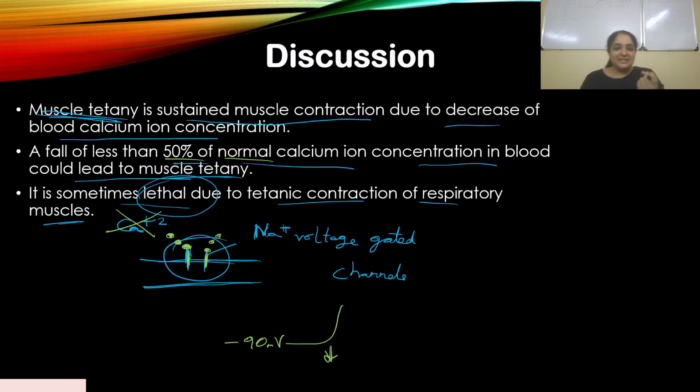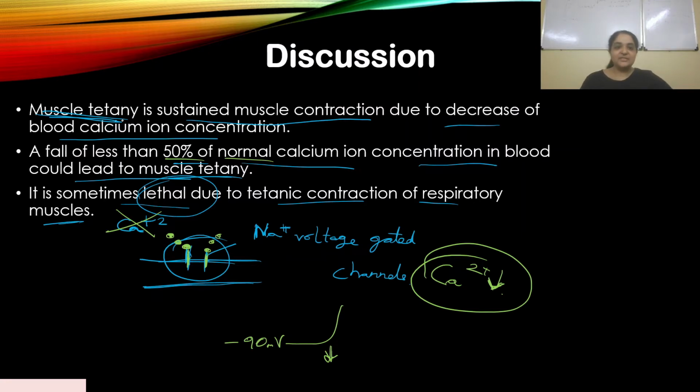Okay, so these neurons become very sensitive to this stimulus. And that happens when there is a drop in calcium ions in the blood. That means calcium ions are very, very important to maintain. This drop is very dangerous, like I said, could be lethal also, right? So I hope that answers your question.